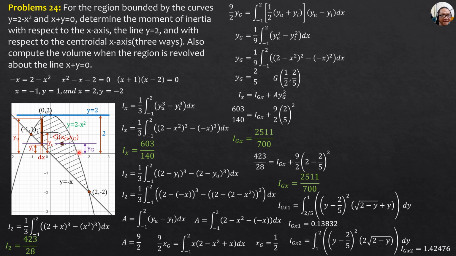Then the differential area is back to right x, which is the x of the parabola, square root of quantity 2 minus y, minus left x, which is the x of the line, which is negative y. So the differential area, therefore, is square root of quantity 2 minus y, then minus left x, so minus negative y, so plus y dy. And the limits this time would be from negative 2 to 2/5. So negative 2 to 2/5, considering this area here.